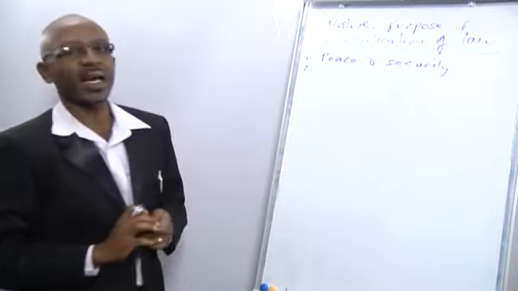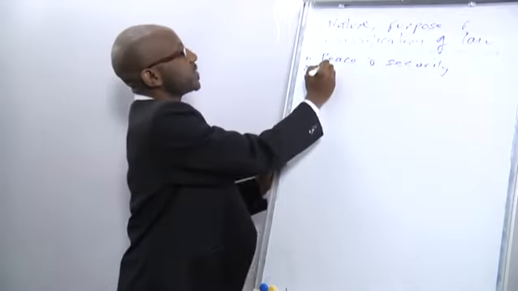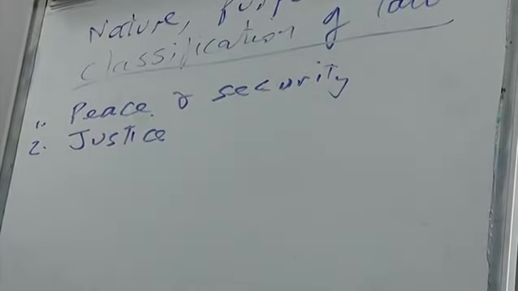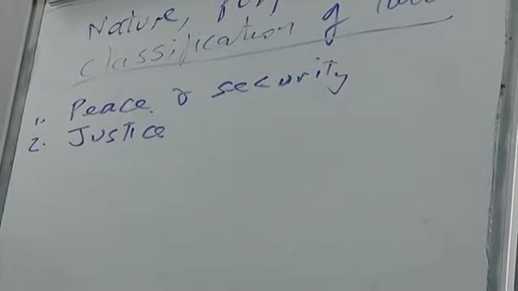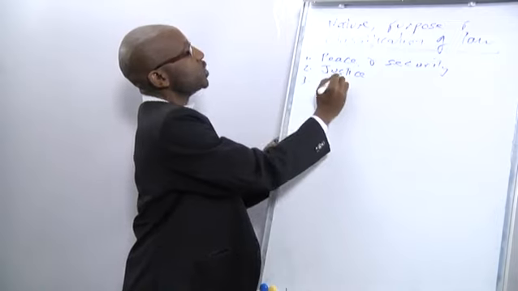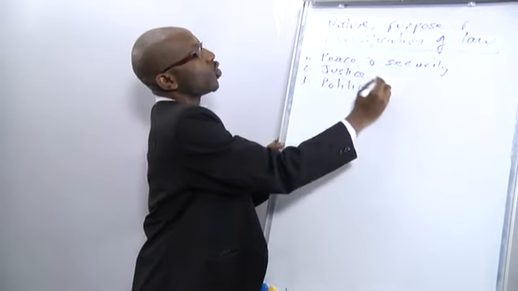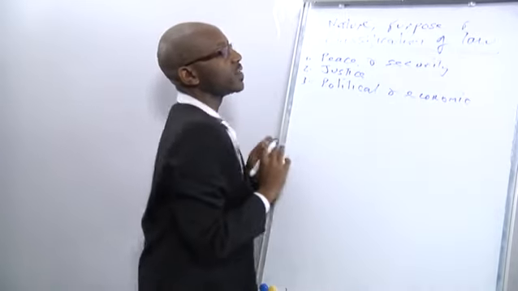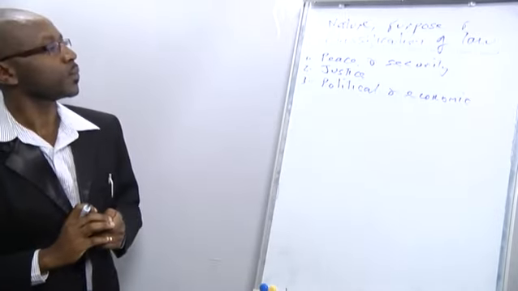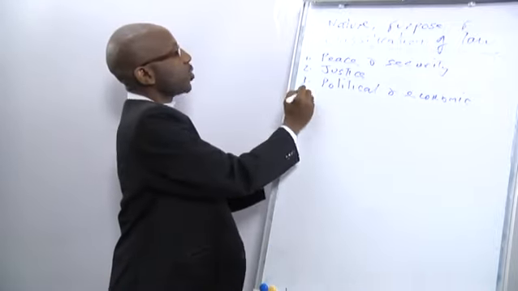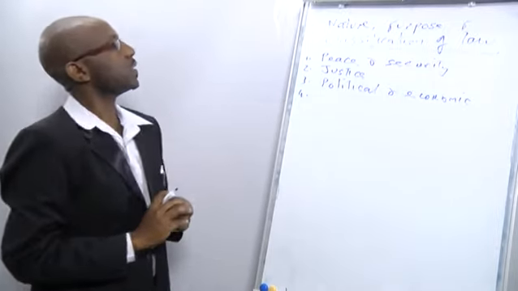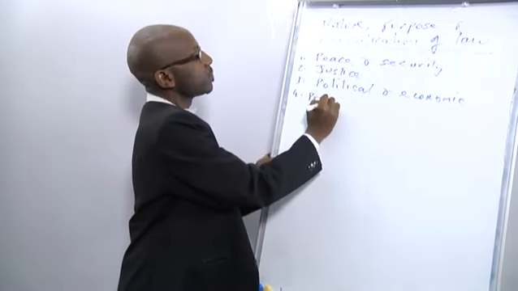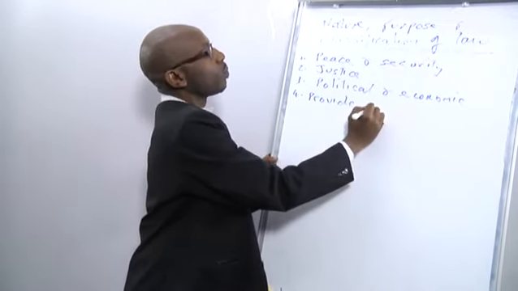Another important aspect is to provide justice to members of society. Another one is to maintain political and economic stability within the state boundaries. A very important element and purpose of state law is to provide, protect,